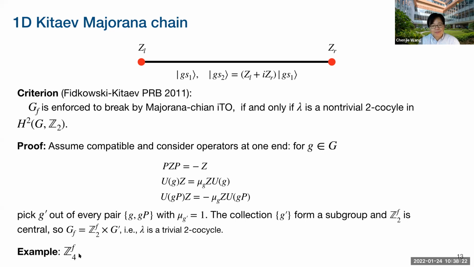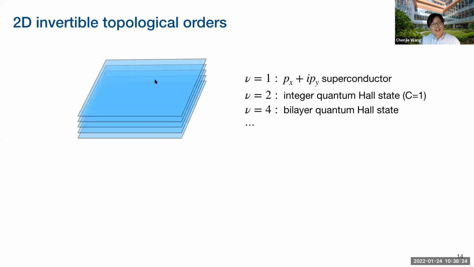So for the 2D case, the classification is more complicated. We not only have a single Majorana chain, we actually have many of them. So let me use one index nu to denote the topological order. It's chiral. So if you study time reversal symmetry, then there's an incompatibility issue. The incompatibility issue is easy to understand, but we're going to study unitary symmetries. So there are different cases we need to consider.